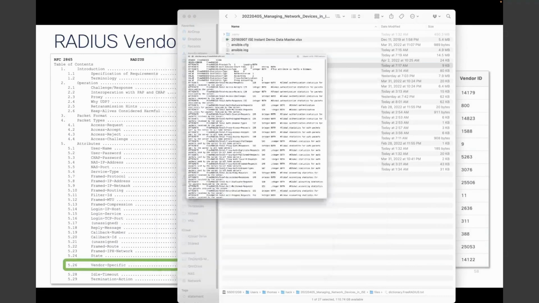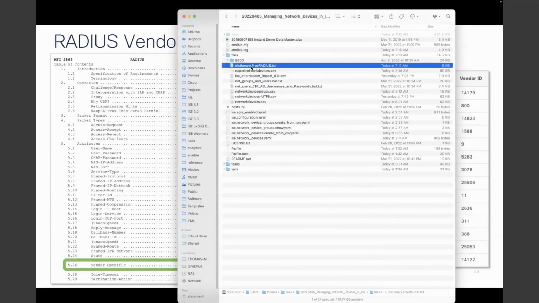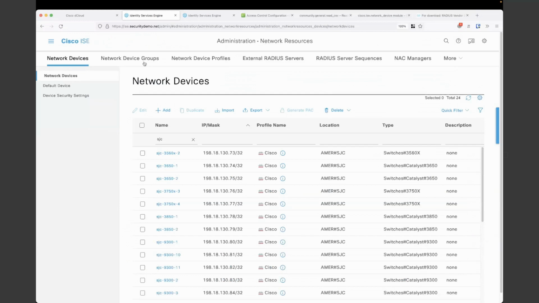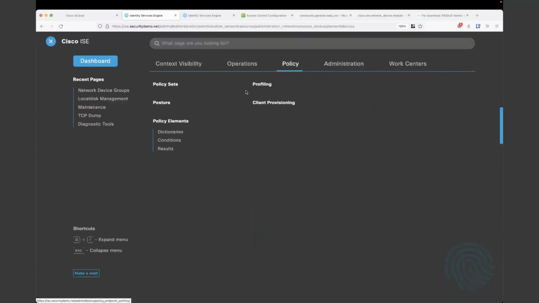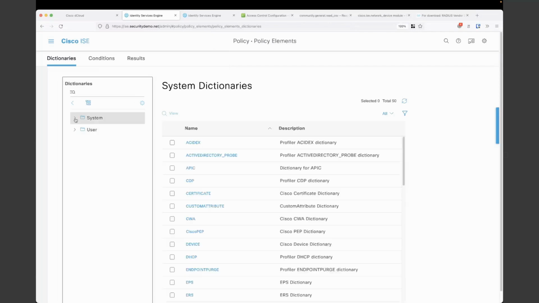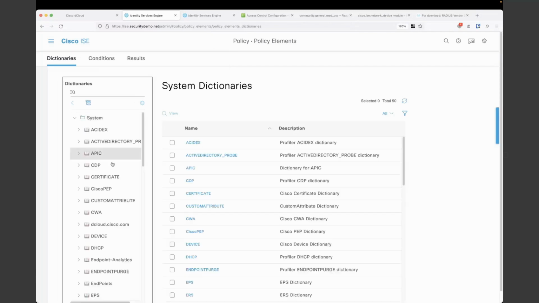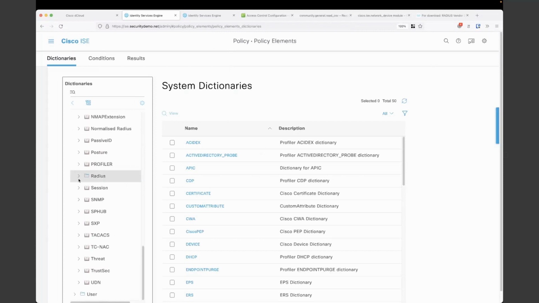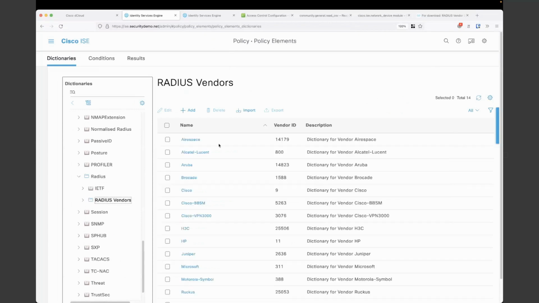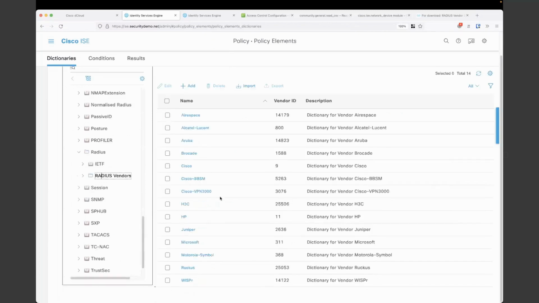If I want to go ahead and import that into ISE, what I can do is I can come in, and if I go to policy, elements, dictionaries, and I look under system, ISE has a lot of dictionaries for a lot of attribute values, right? I scroll down to RADIUS, I open that up, and there's RADIUS vendors. There's those vendors I was just talking about, right? But FreeRADIUS isn't in there. So if I want to add FreeRADIUS,